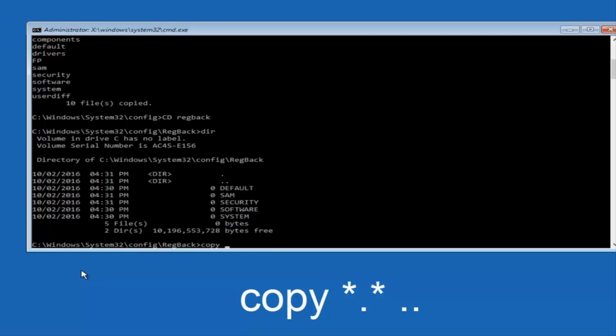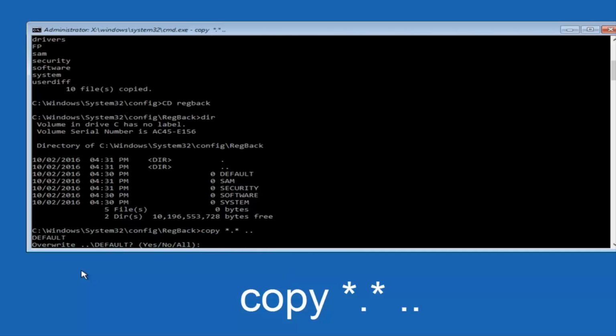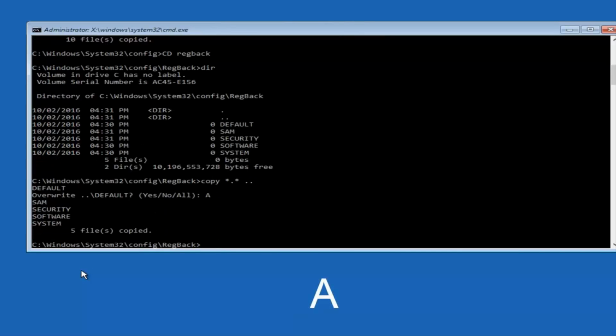space star dot star, another space, and then 2 dots back to back, and then hit enter on your keyboard. When it says overwrite, type the letter A on your keyboard and then hit enter. And then at this point you can type exit,